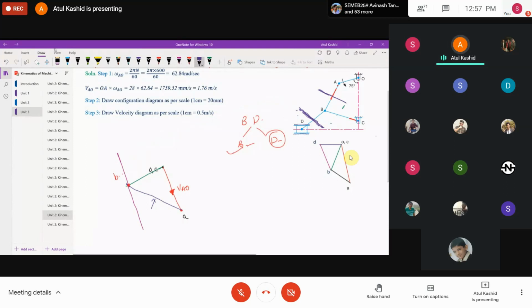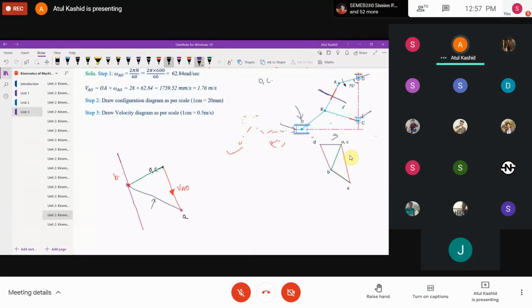But we have one more thing in our configuration diagram, and that is the slider. And we know this slider is going to move horizontally. So this direction of velocity will be horizontal. So we have to draw the direction for this velocity, and the velocity of this piston will always be with respect to the fixed point. So we can start from the O comma C for this. The velocity direction we are going to draw from the O comma C. So this is my O comma C.